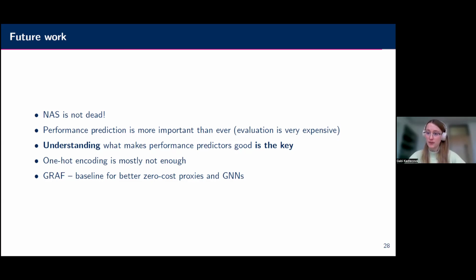But we should be really sure that we understand well why and how our performance predictors work. And to conclude, one-hot encoding mostly is not enough, as far as I know and my experiments have confirmed. And we should study things like GRAF and how to make other methods better.